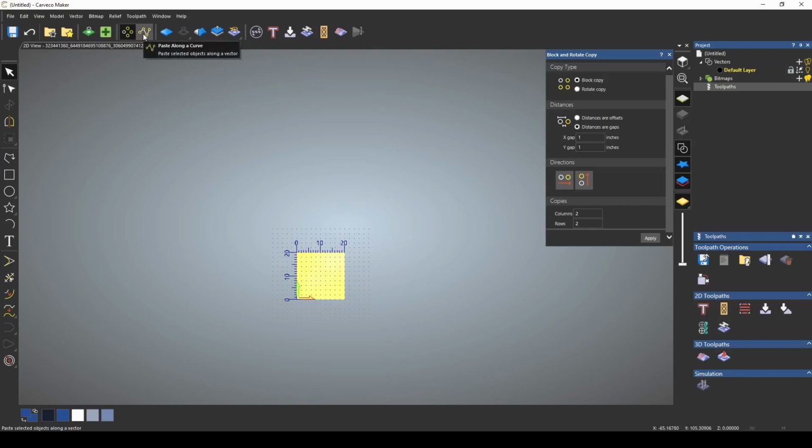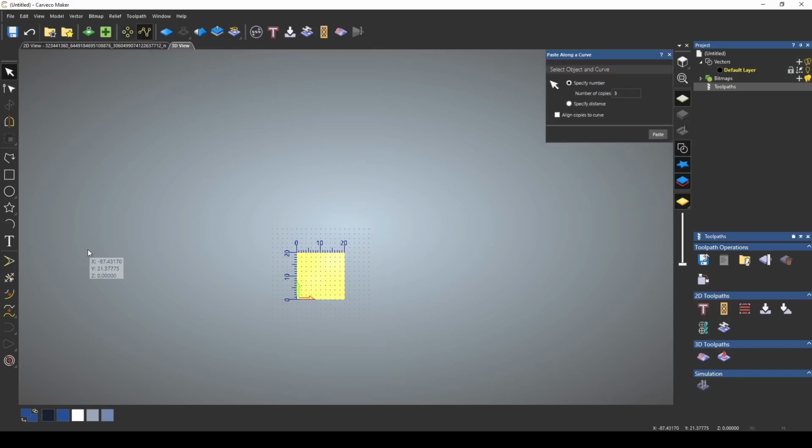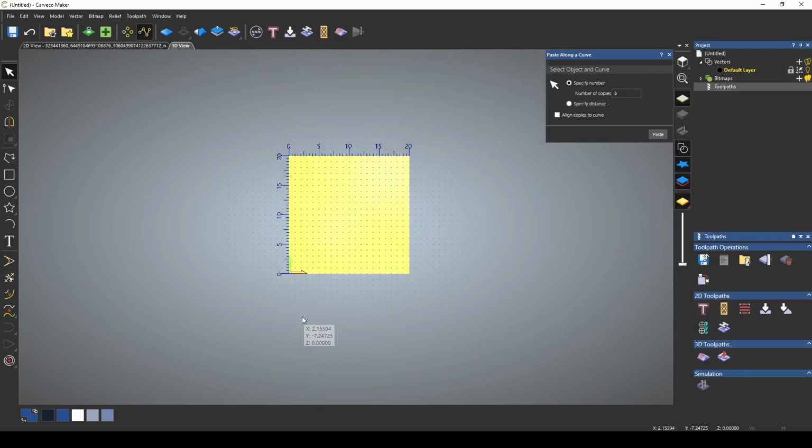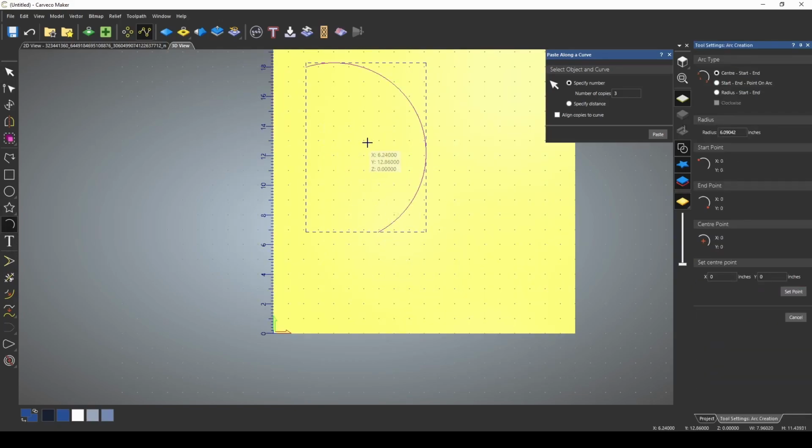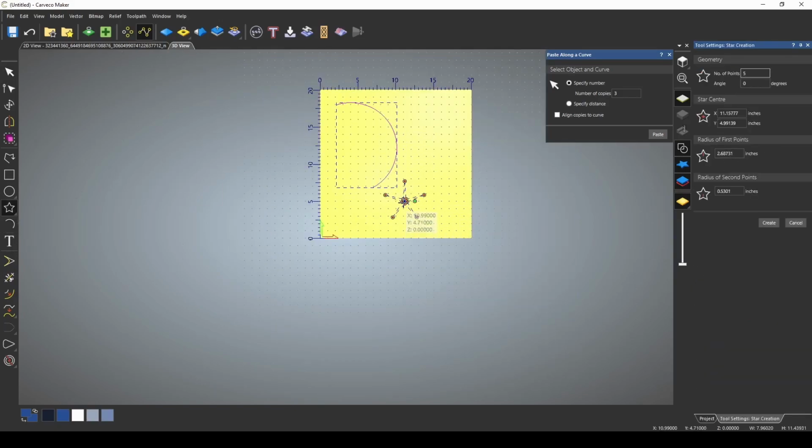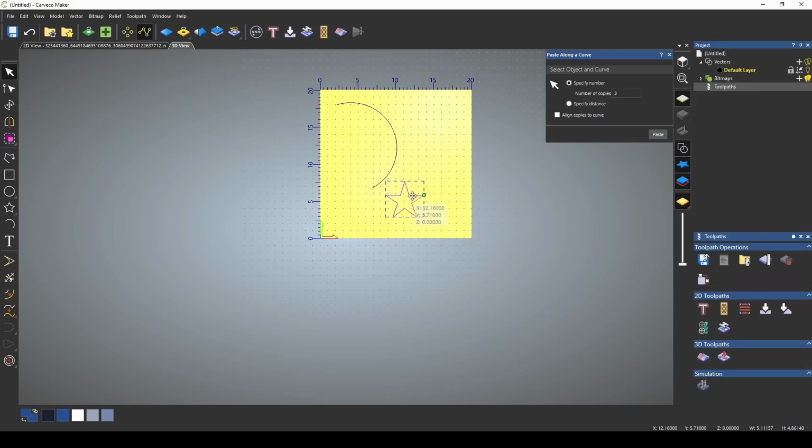The next button over, paste along a curve, allows you to create copies of something from a specific spot or a vector. So if I were to create a vector, number of copies 3, paste, and it pasted those 3 stars along that line.